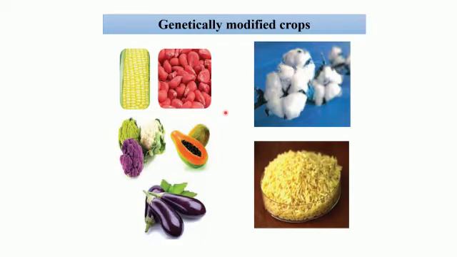This is the cotton ball, and we can now even get the cotton ball with a colored finish because of the genetic modification, and artificial dye is not required. Otherwise we had to add dyes to the white cotton so as to make it colorful. And this is golden rice, which is cultivated so as to obtain more beta carotene, the precursor or the starting material for the formation of vitamin A. So these are some examples of genetically modified crops.